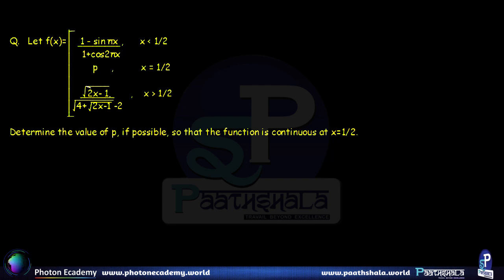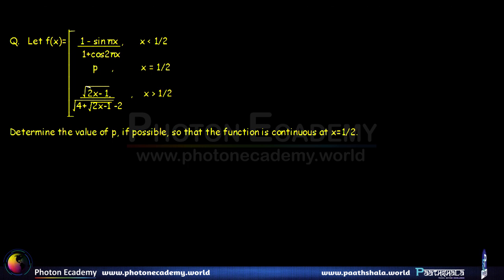Okay, so let's start solving. The function f of x is defined in these three ways. We have to determine the value of p, if possible, so that the function is continuous at x equal to half. So first, let us see the value of the function at x less than half,